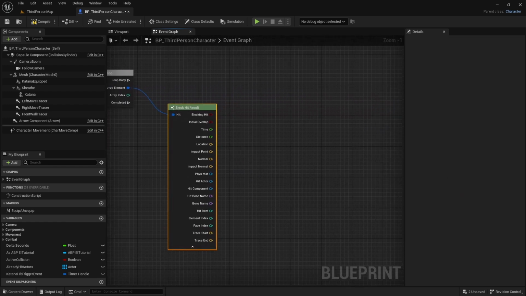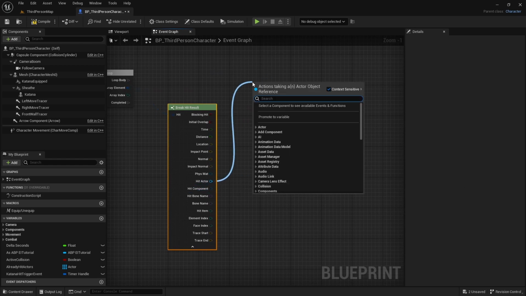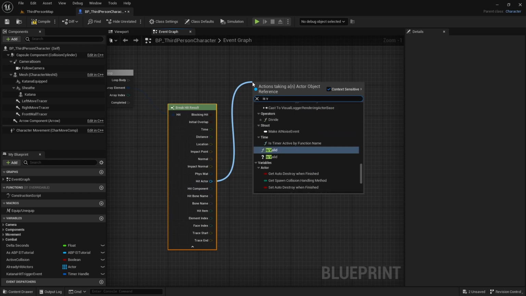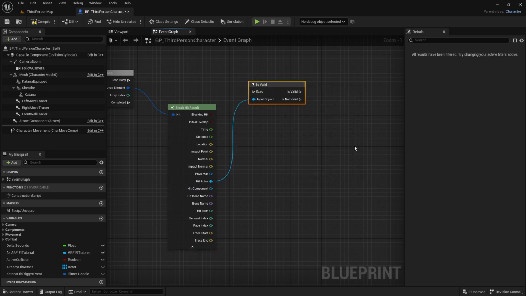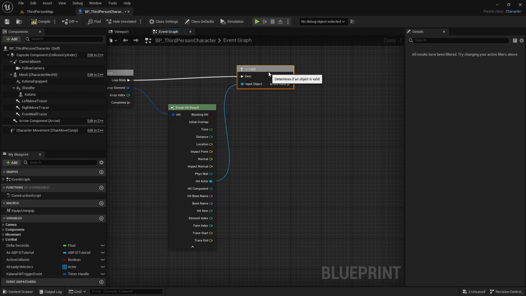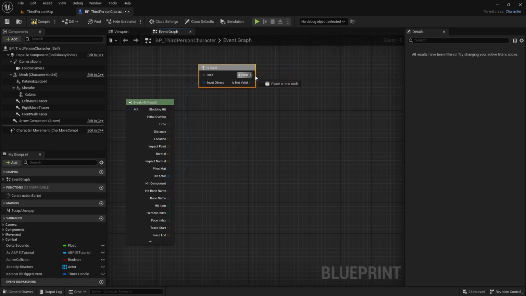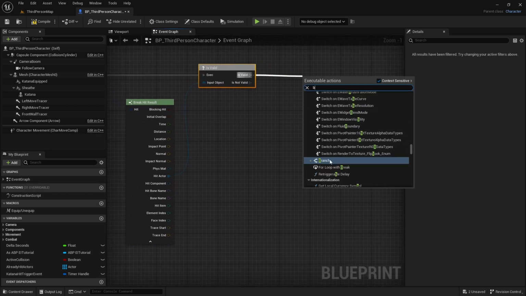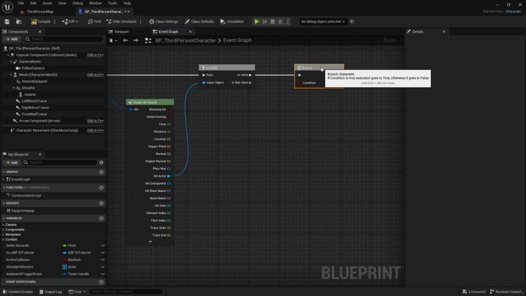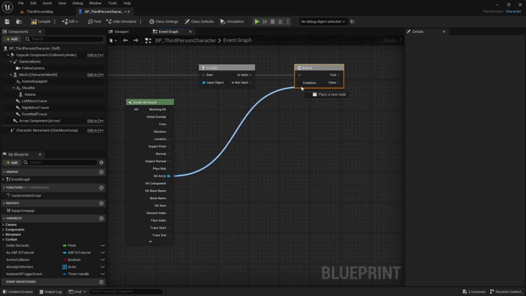Go ahead and drop that down. From our hit actor, we want to check if it is valid. Just do the question mark is valid. From the loop body, connect that to the execute pin. And if it is valid, we're going to add a branch. And we're going to connect that